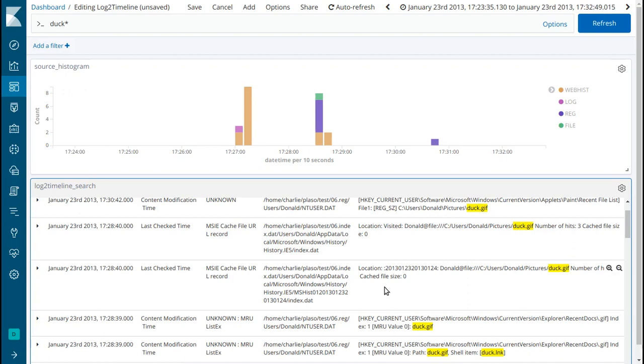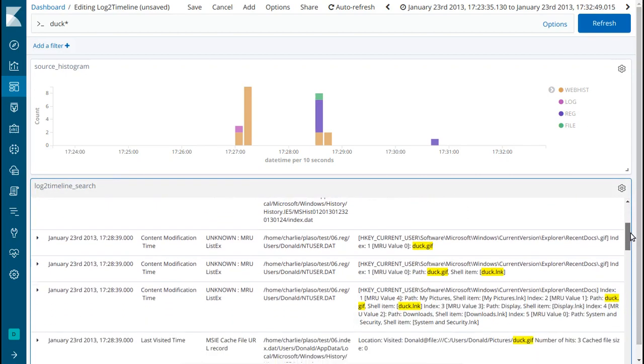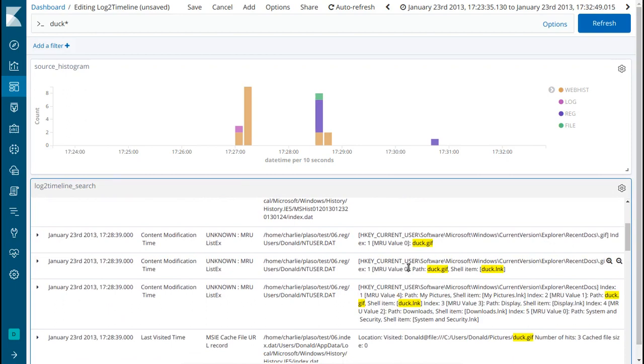Okay, so we have 2 bits of evidence from this one activity of Donald accessing this file. Okay, and the total number of times that he's accessed that file is 3. So you get a lot of information here. We have also